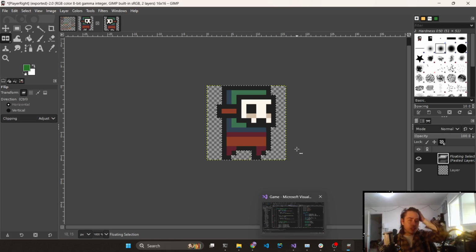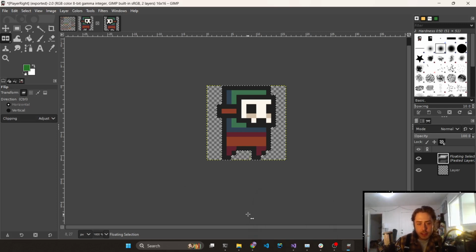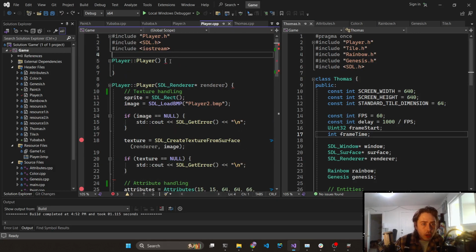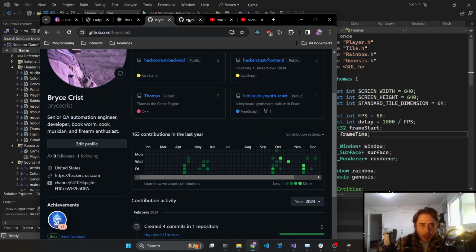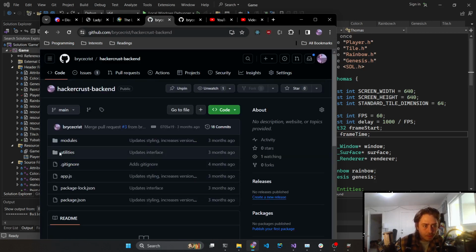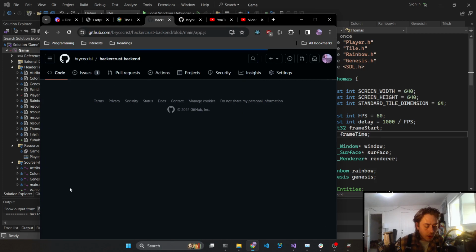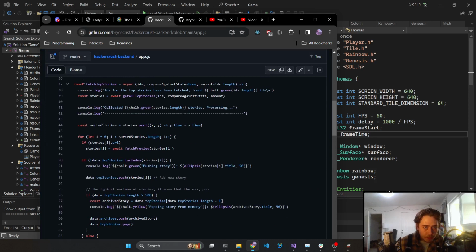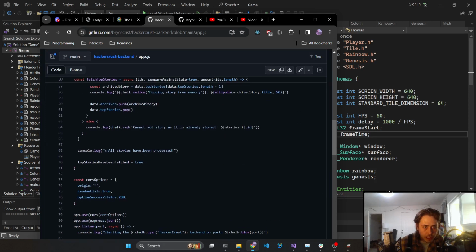How do I combine JavaScript with C, you ask? I think you're asking the wrong question here. You don't combine the languages. You write totally different applications in one language. So you couldn't really communicate with C++ because I'm not sending anything out. But if we look here at the Hacker Crust backend, at some of this code, and go to the app file, what I have here is basically a whole bunch of routes and a whole bunch of logic,